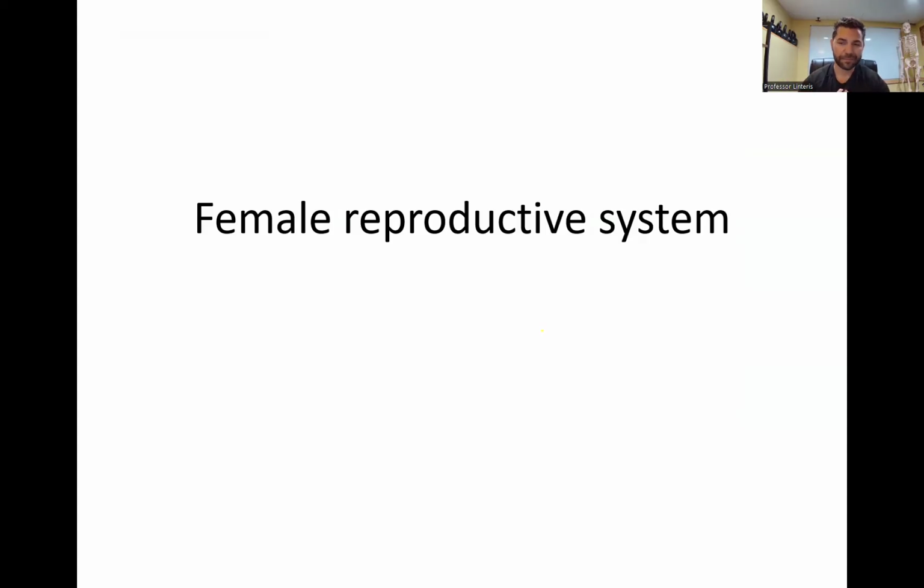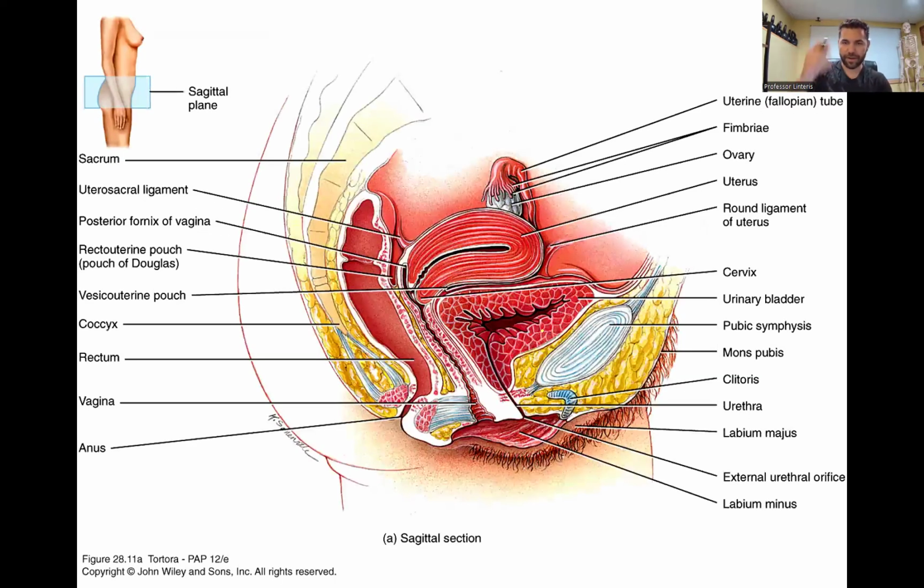The female is a little bit more complicated. We'll try to keep it relatively simple. There's a lot more going on. We have to talk about hormones. We have to talk about ovulation and things like that. So it's a little bit trickier than just we start making sperm from puberty till forever. We got eggs, right? Oocytes, oogenesis, some anatomy, as well as some histology. So let's take a look